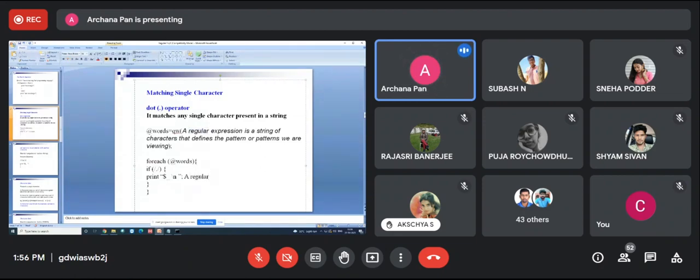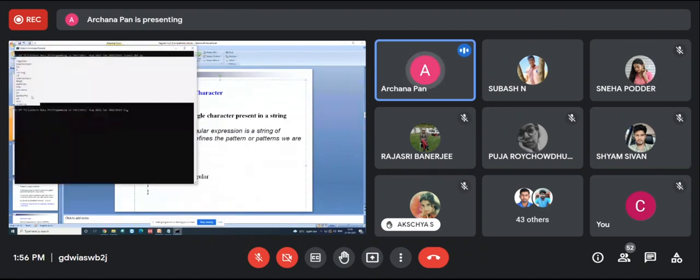Then expression also will be on the next line, then again a string. That's why you are getting this output. A regular expression is a string of characters that defines the pattern or patterns we are dealing with.